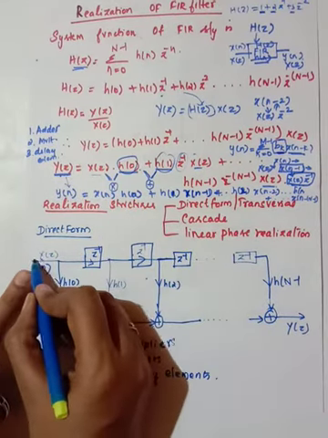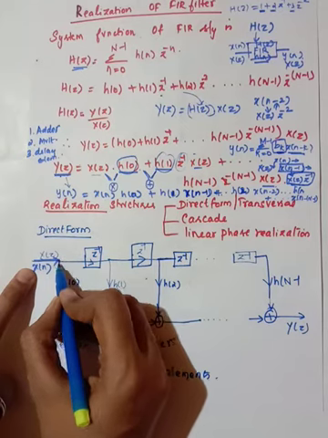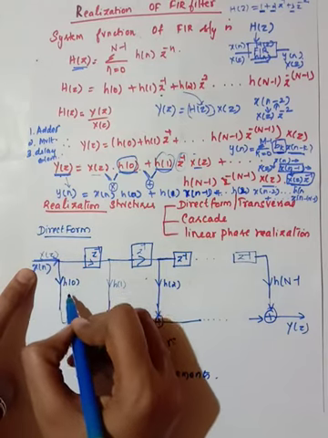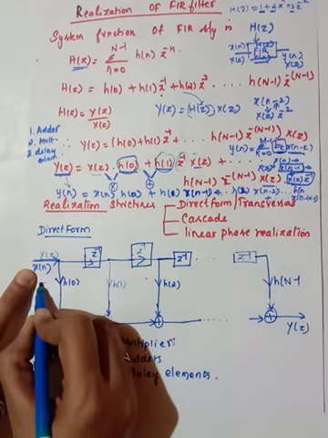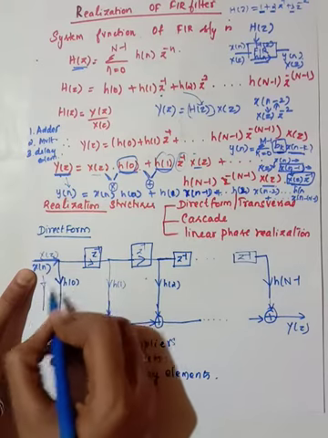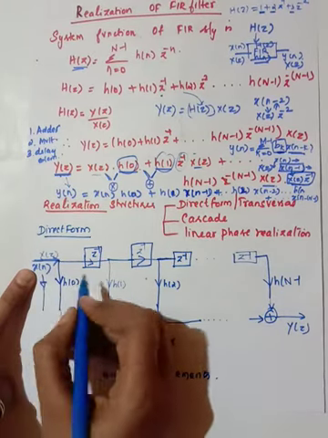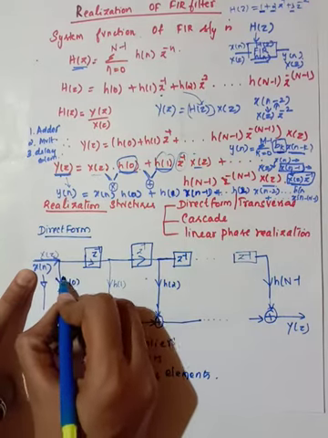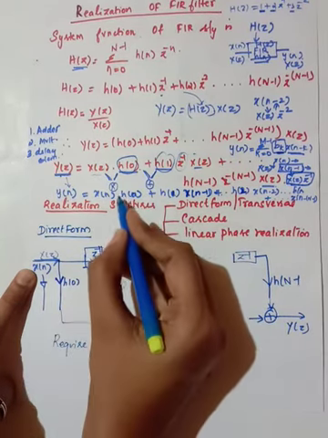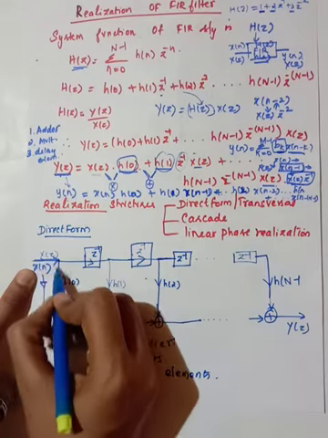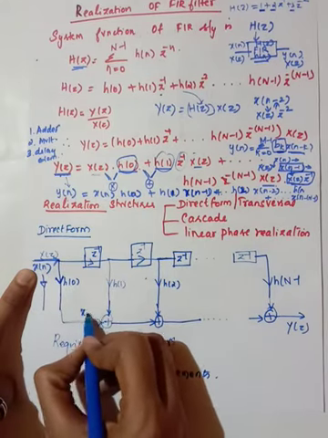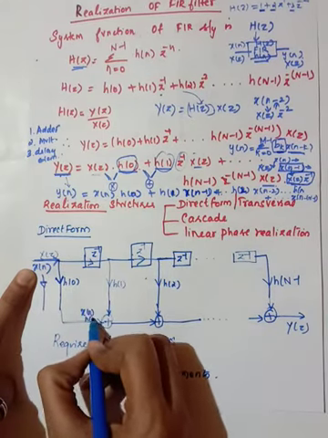So here x of n is coming in this way, so it is multiplying with h of 0. Either you represent an arrow or this triangle symbol to represent this. Normally you will use this indication, which indicates the coefficient h of 0. So when the signal comes here, what you will get at this point is x of n